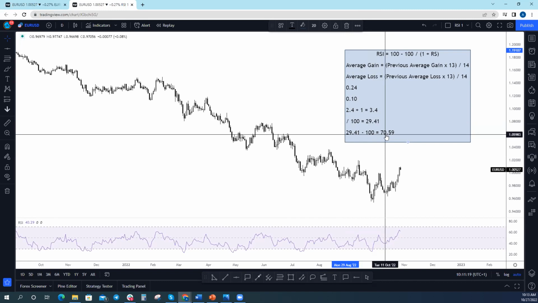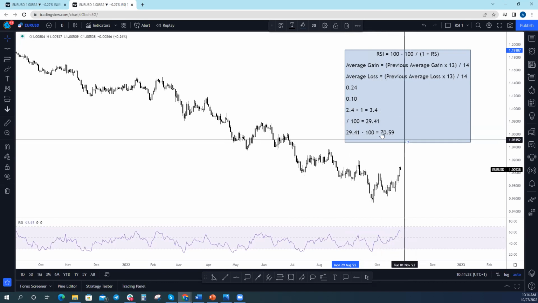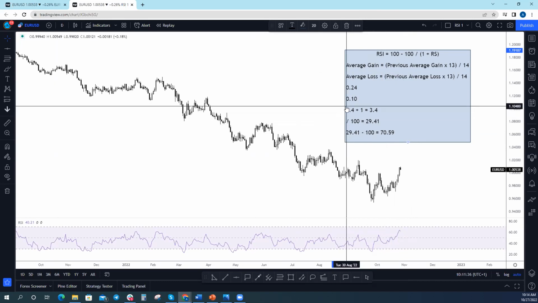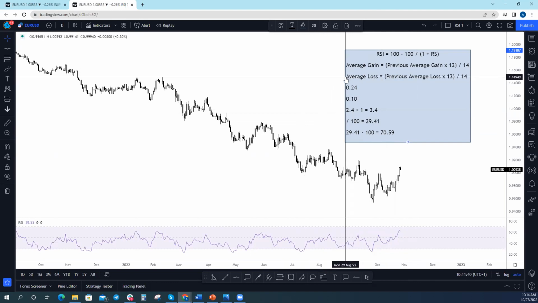Now, do be aware there is a rounding issue. I have rounded this value, but if you go into Excel and you compute the full values, it will be slightly different. Not too much, but it will have a slight difference there. So I'm going to now delete this unless there are any questions on this calculation, which there shouldn't be really,